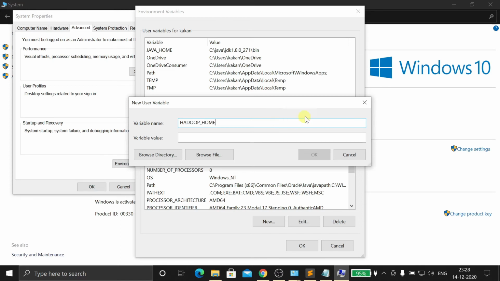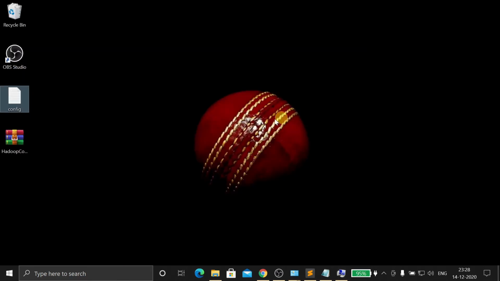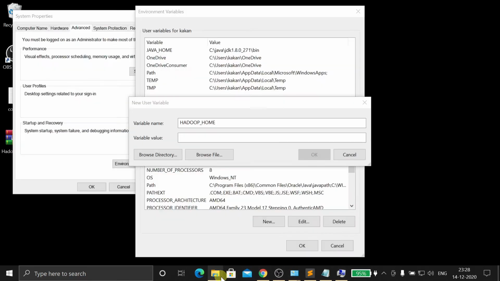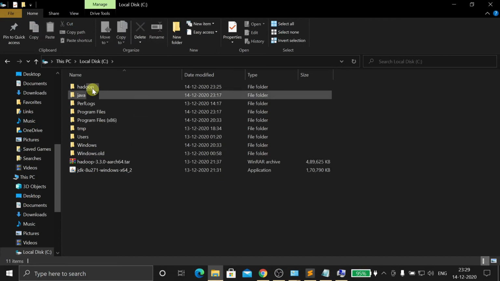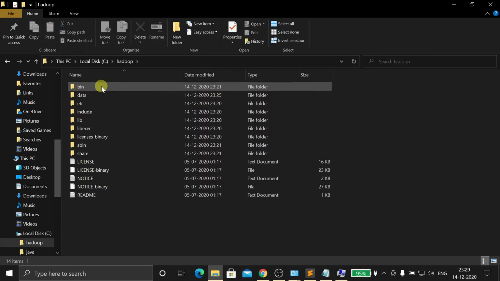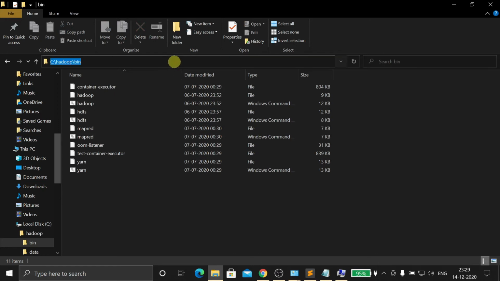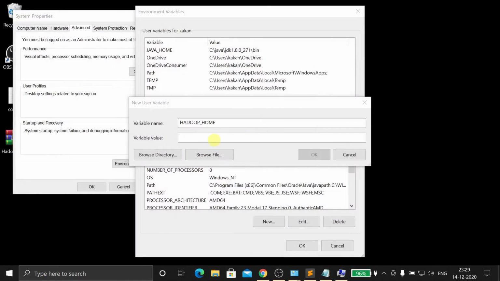Hadoop home. Just minimize this window. Open this file, Hadoop bin. Yeah, see Hadoop bin. Copy. Cut this file. Close.